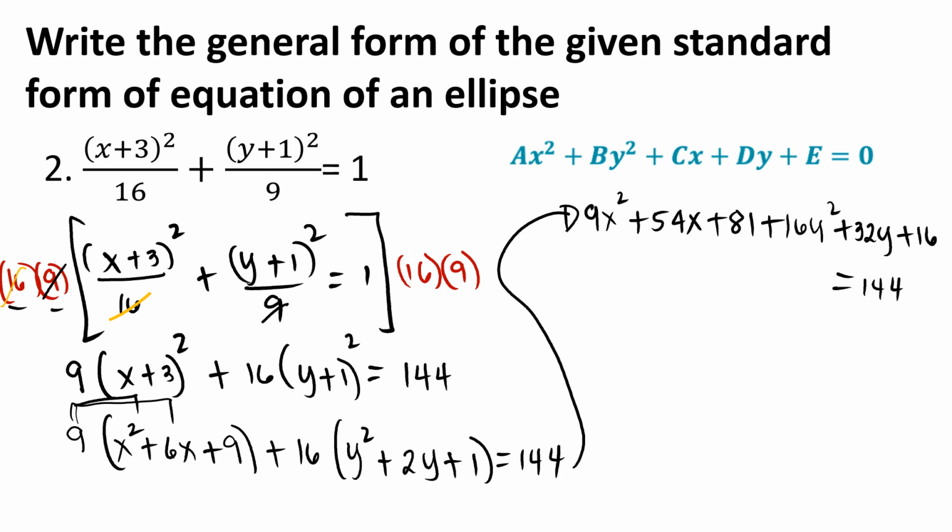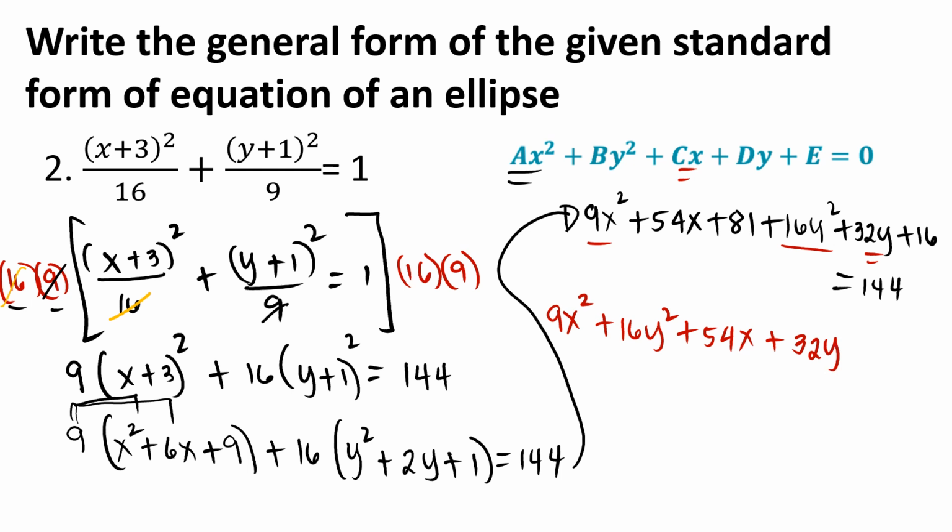There's not enough space, so we have the 144 on the right, and we are still rewriting it. To follow the general form, we have to have the 9x² as our first term, 9x², followed by the 16y², followed by the x term, the linear term, 54x, followed by the linear term in y, the 32y,